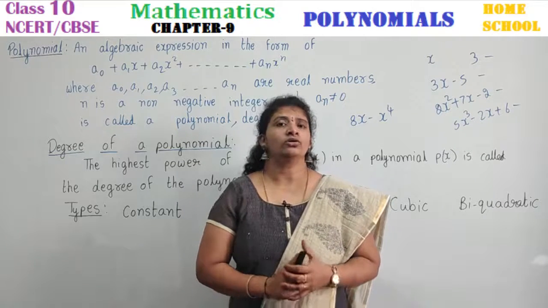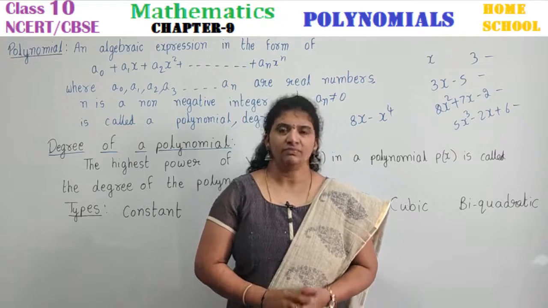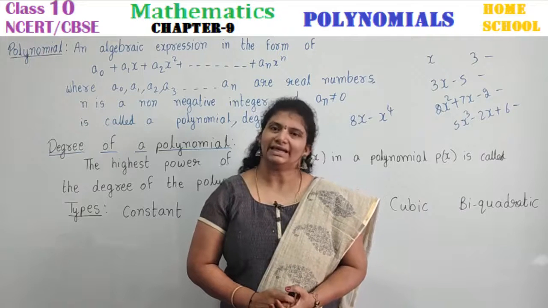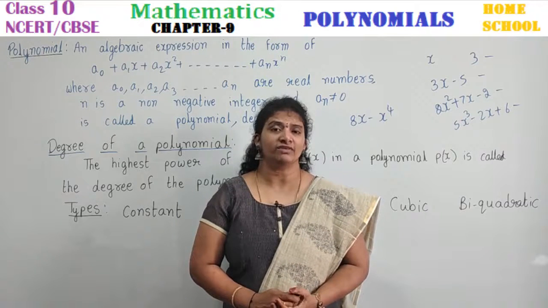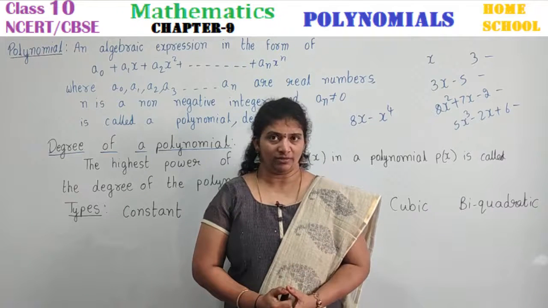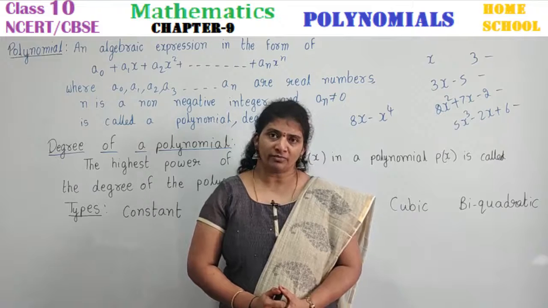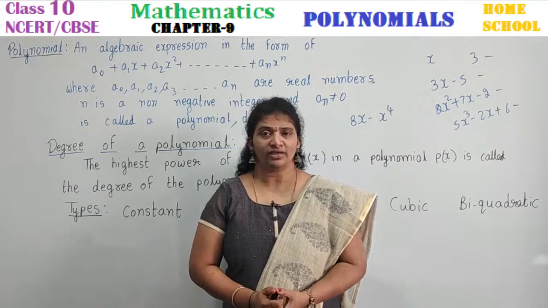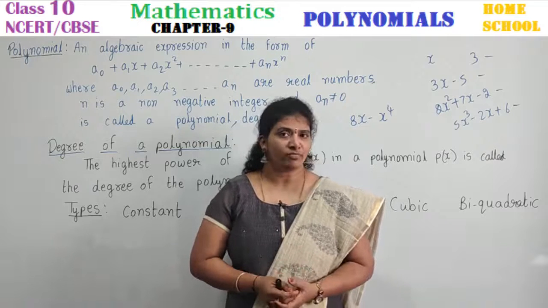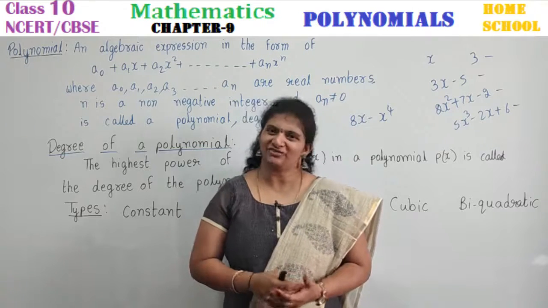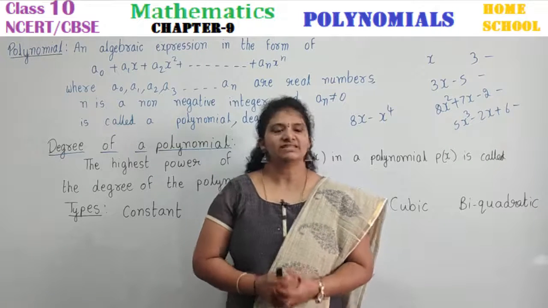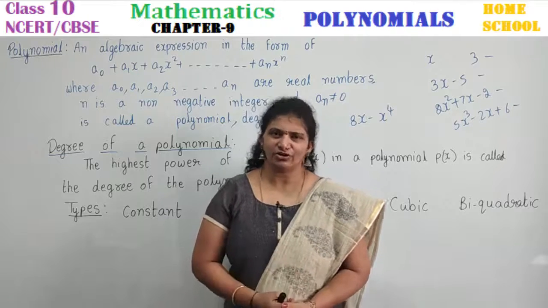But now we are not going to classify by using the terms. This year we are going to study polynomials by seeing the degree. Degree means the highest power of the given algebraic expression. First, we are going to start with what a polynomial is, what the degree of a polynomial is, and what the types of polynomials are, which we learn by seeing the degree. Then zero of a polynomial, value of a polynomial, and graphical representation. These are all the things we learn in this chapter. We just start our chapter with this tiny introduction.